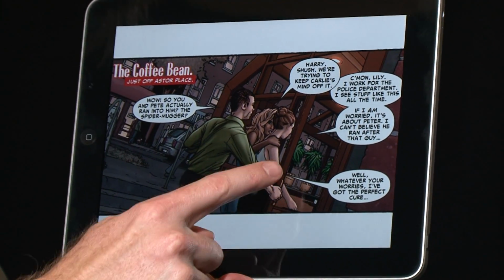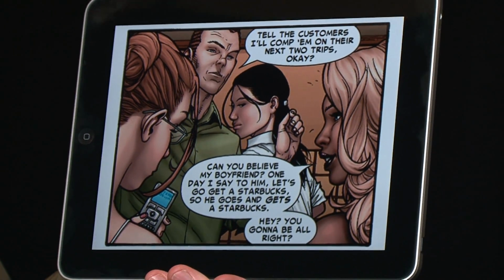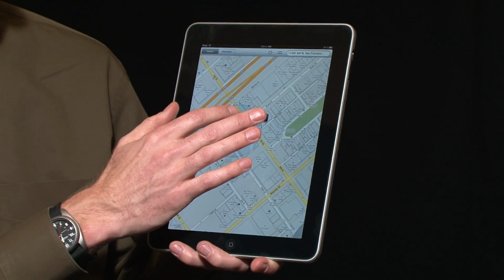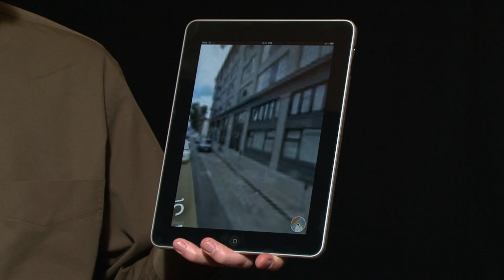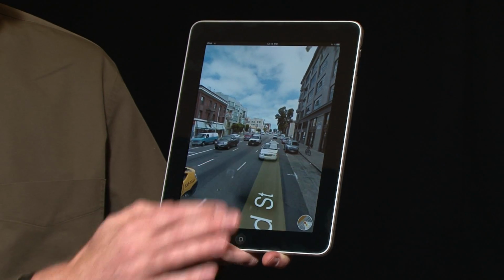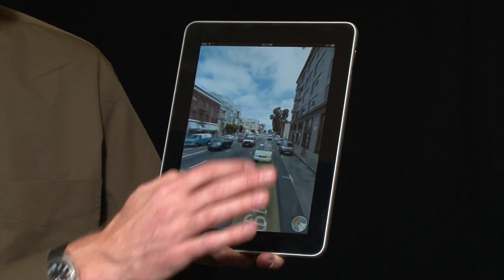The fact that this has a gorgeous screen and a really responsive graphics processor means you can do some truly eye-popping things with applications like the Google Maps app. You can browse around, but if you want to switch into Street View, it does this great visual effect, and there we are. This will probably be most useful with the 3G version of the iPad that doesn't come out until later this month. And that's because the 3G version has built-in GPS, and the Wi-Fi only versions do not